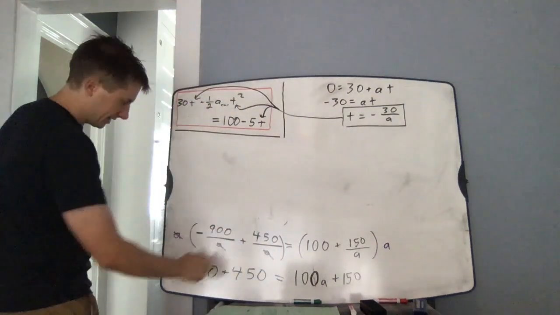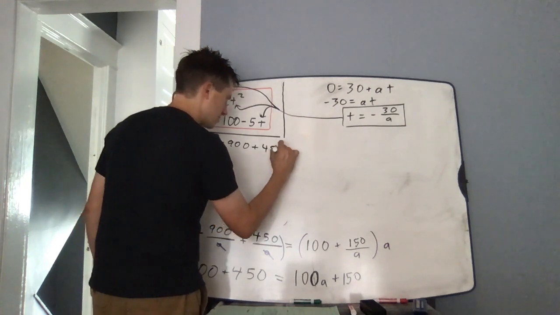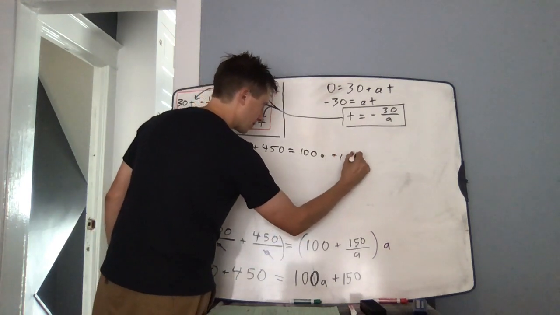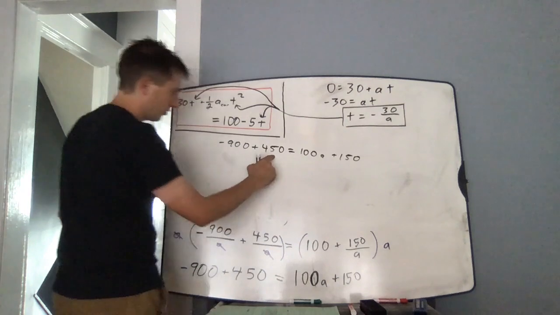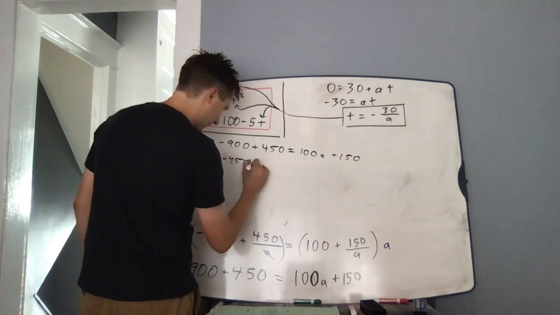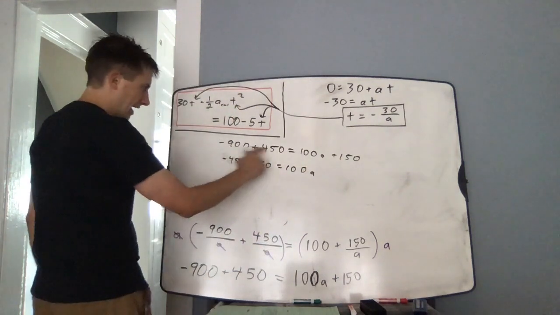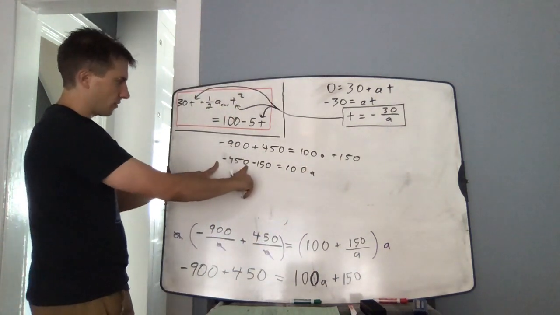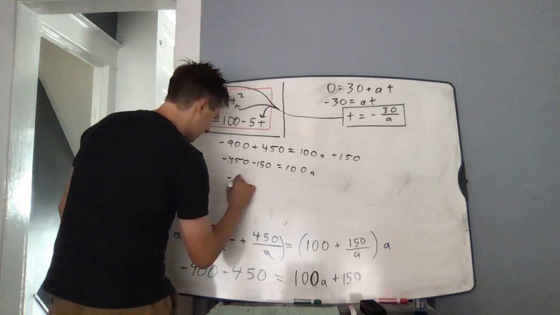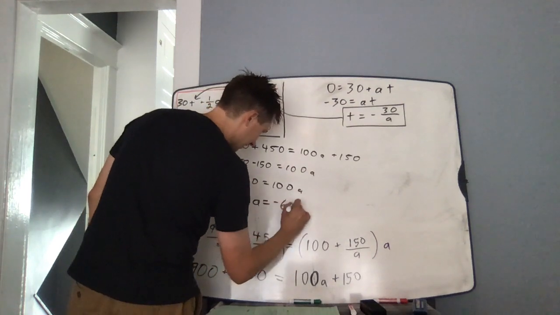I could then say I have negative 900 plus 450 is equal to 100a plus 150. So negative 900 plus 450, that's negative 450, minus 150 equals 100a. I added 450 to negative 900 to get this number. I brought 150 to the other side to get this number. So then I get negative 600 is equal to 100a, and I get the acceleration is negative 6 meters per